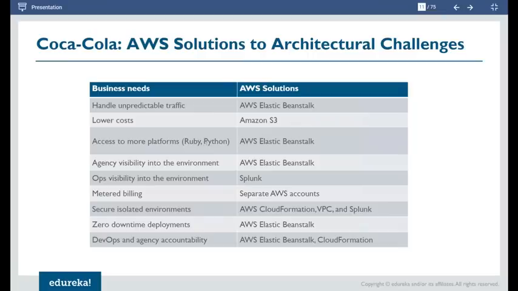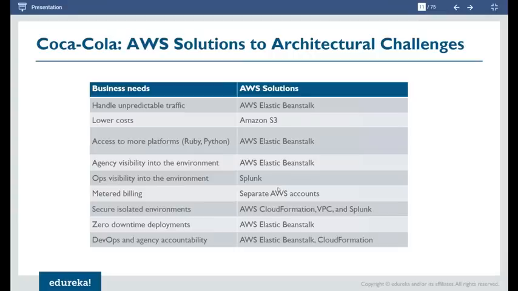For access to more platforms, again Elastic Beanstalk, which we saw supports so many platforms. For agency visibility into environment, we saw the detailed visibility in Elastic Beanstalk. For ops visibility to environment, Splunk, a third party tool used for monitoring and reviewing incidents, infrastructure logs, and everything.